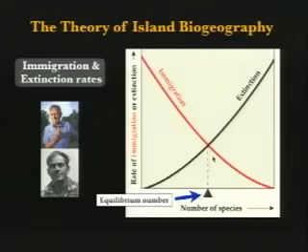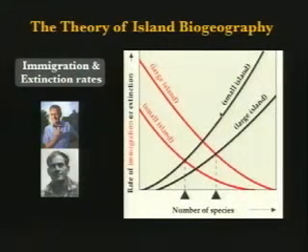So let's look at a few of the graphs to help understand that. Number of species, species richness on the x-axis, rates of immigration or extinction on the y-axis. The immigration curve, the number of species arriving on an island, and the extinction rate, how quickly they're lost from an island. Where those curves cross, the authors interpreted that as the equilibrium number, the predicted number of species that would exist on the island.